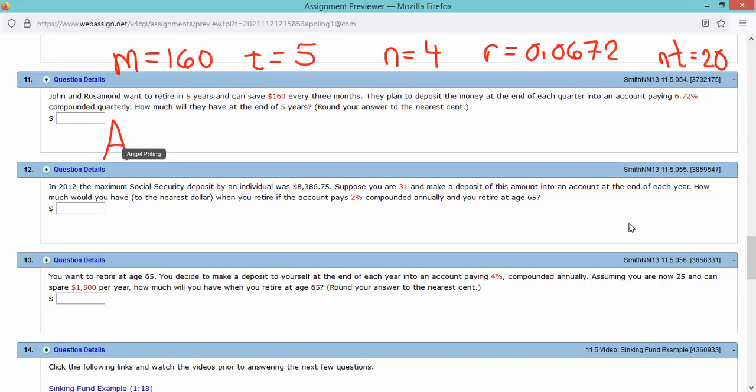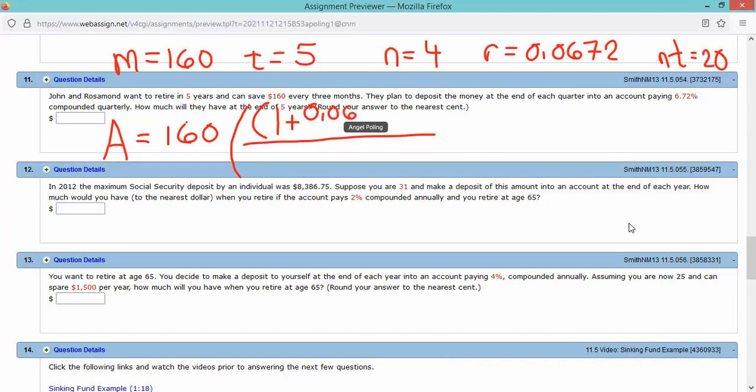And then we just have our old familiar formula, M times 1 plus R divided by N raised to the NT, take away 1, and then that quantity is divided by 0.0672 divided by 4. 160 times